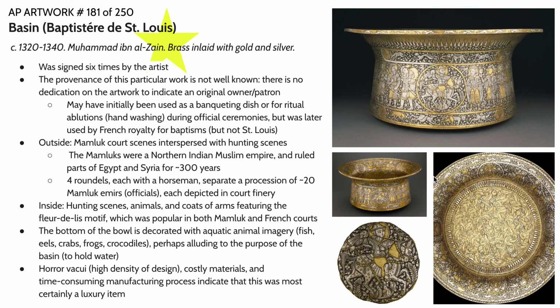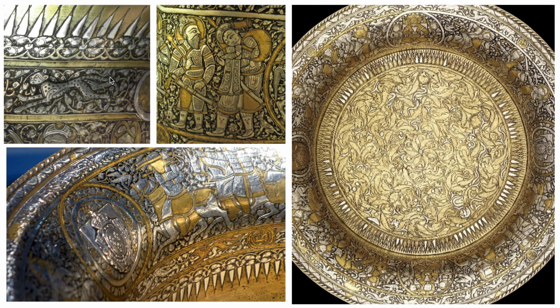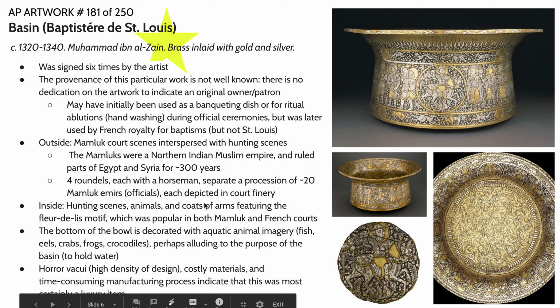So on the inside, on the inner rim, there are even more designs. We have hunting scenes, lots of images of animals. I believe on this side there's an image of a leopard right here. There's lots of fish and birds, foxes, lots of animals that are typically pursued in hunting. And then there's also these little coats of arms on either side right here that feature the fleur-de-lis, which is